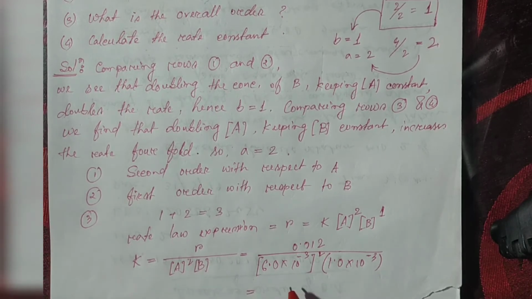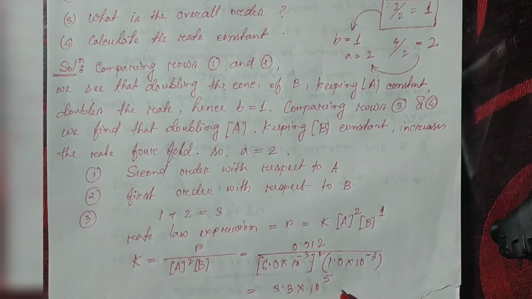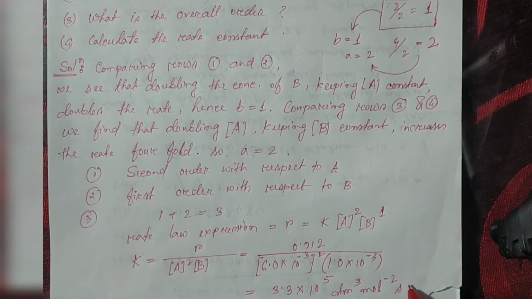so when you calculate this one, it will give you 3.3 into 10 to the power 5 dm cube mole inverse second inverse. Okay,